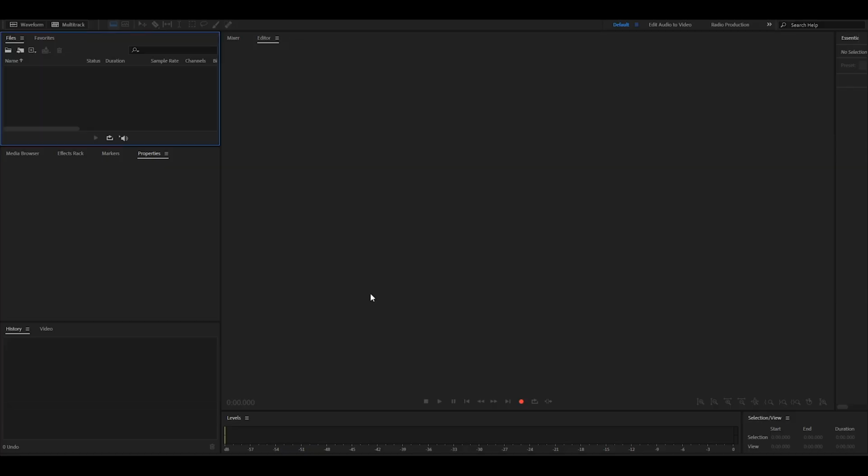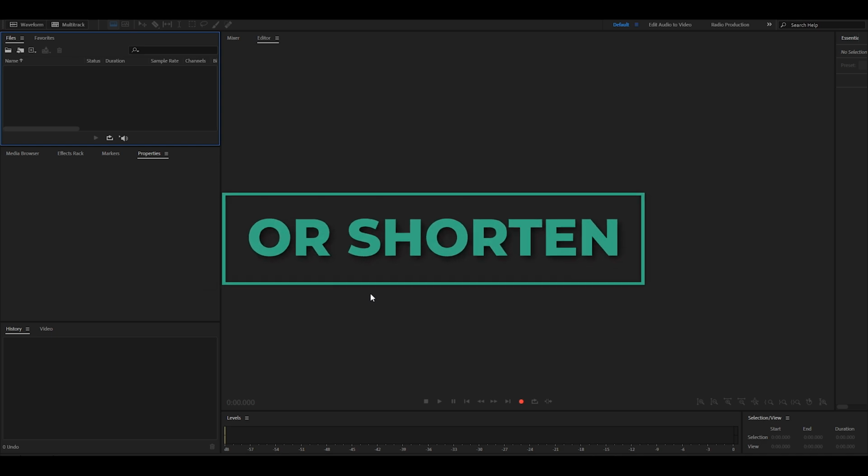What's up guys, today we will go over the framework, and that's definitely a new favorite word of mine, framework. So we will go over the framework that we need to follow in order to lengthen the duration of any